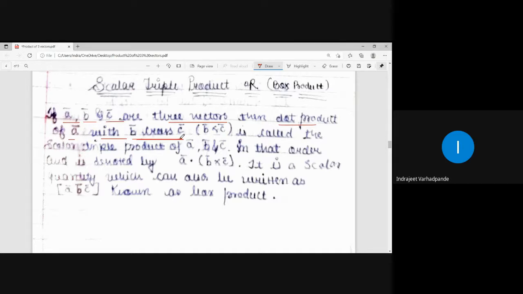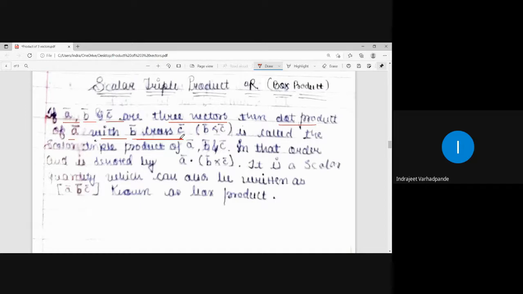Tell me, scalar product, or simply dot product, is taken between two vectors, but the nature of the product is in the dot form, so that the answer expected is a constant quantity, which we usually call a scalar. Did you understand this? So whenever you are taking a scalar product, there should be a product of two vectors.